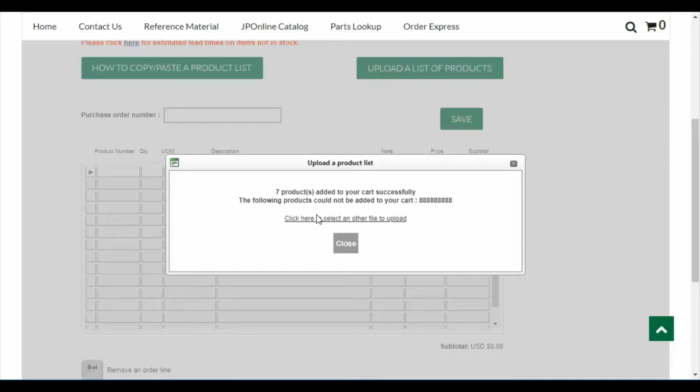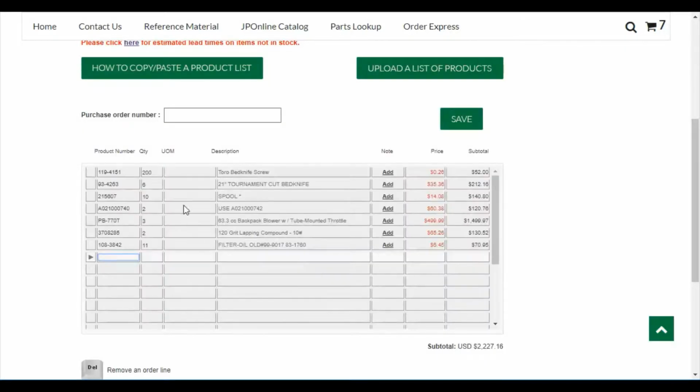and it tells you 7 products have been added to your cart successfully, and the following products could not be added to the cart. And from here you can click and upload an additional file. We'll close and see the items have been added to our cart and the quantities requested, and we still have our superseded item here. We'll fix that by entering the new item